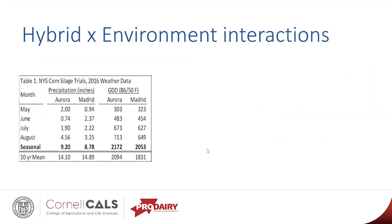This is an example of some data from our 2016 trials where we had the same hybrids planted at 2 locations in Aurora and Madrid. Similar total rainfall, both had rainfall well below the 10-year average for rainfall. But there was a pretty big difference in the manner in which this rainfall came in the months that we had the rainfall. Aurora was really drought stressed,